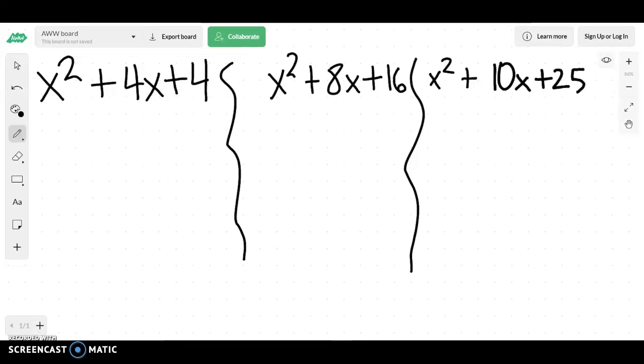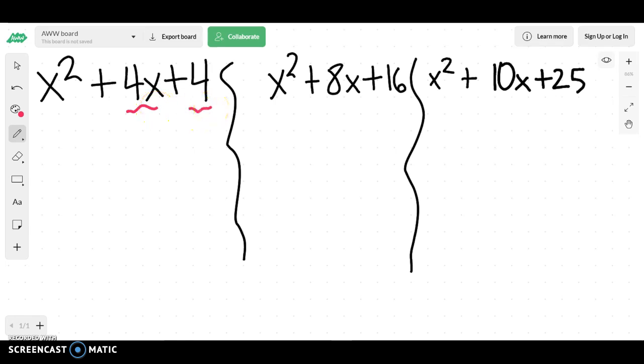Today we're going to look at completing the square, but before we look at completing the square, we should look at an idea that's called perfect squares. And all three of these things are perfect squares. We're going to factor them and see what we mean by perfect squares. So if you were to factor this one,